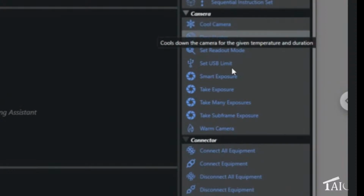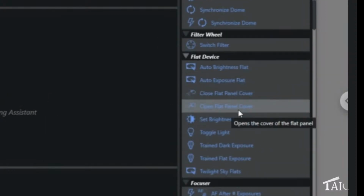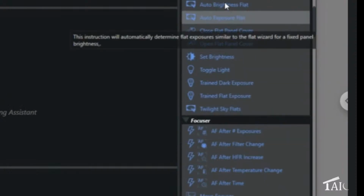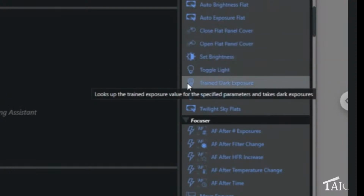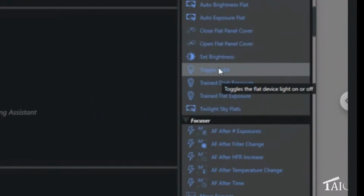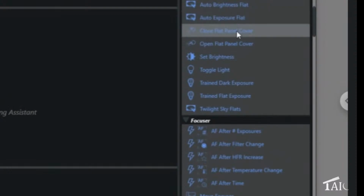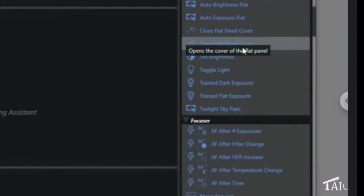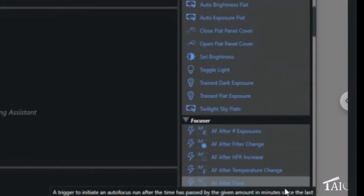On my camera settings, I can tell it how to do my exposures. Under my flat device, see, I can tell it to shoot my flats. And I can tell it to turn on that flat panel that I have, that Deep Sky Dad flat panel, and tell it to close the flat panel cover at the end of the night, shoot those flats, and then they're ready to go. Then you've got the focuser in here,